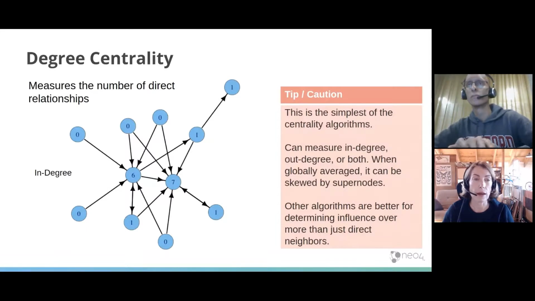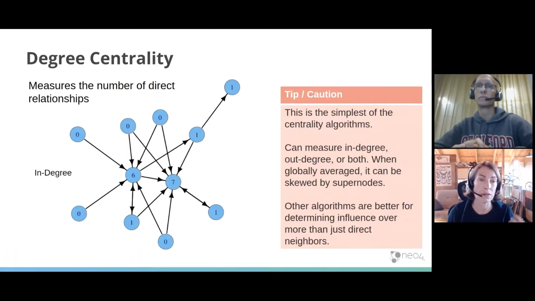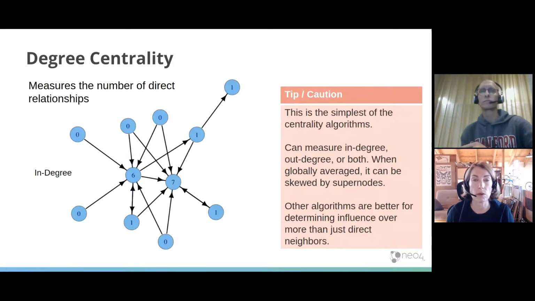Great. And as I said, it measures the number of direct relationships. This is looking at in-degree. As you can see by the numbers, somebody with no relationships going into them is a 0, and you can see 6 there has 6 relationships coming into them. This is probably the simplest of the centrality algorithms. You can look at in-degree if you want to look at popularity, out-degree if you're looking at gregariousness,